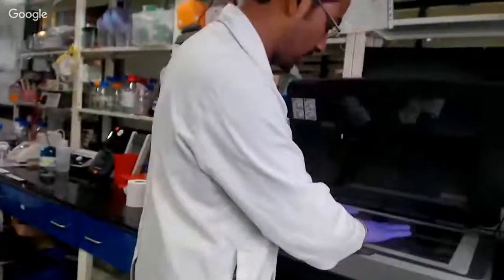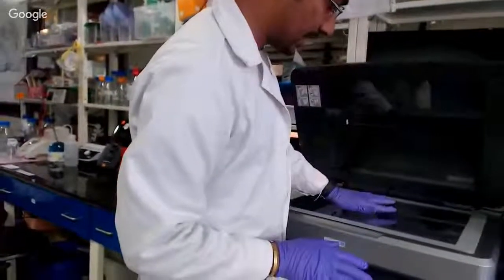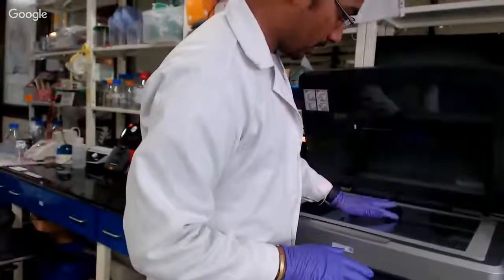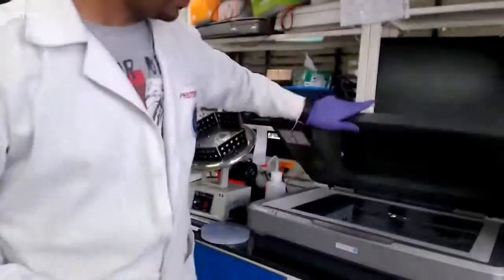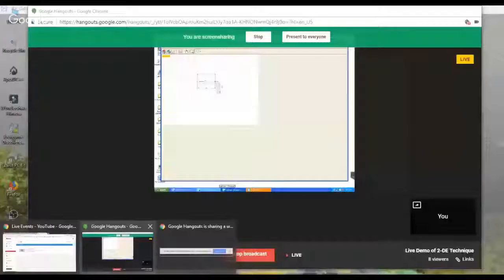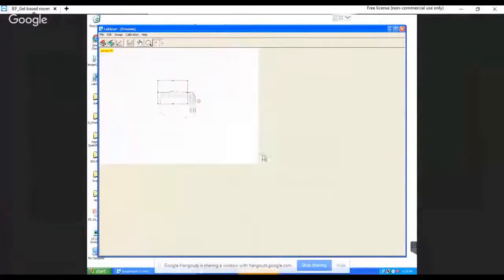When you are putting the gel, just ensure there is no air bubble between the gel and the glass plate. Otherwise, it will be reflected in the image. I think we can show it from the beginning because there was a technical glitch and you could not see the first few steps.